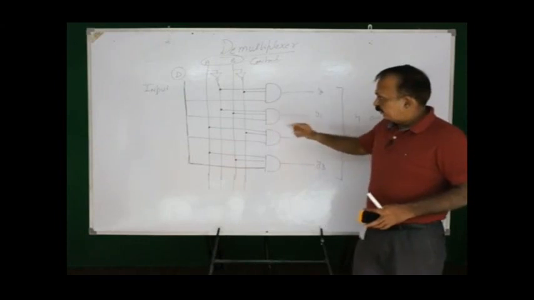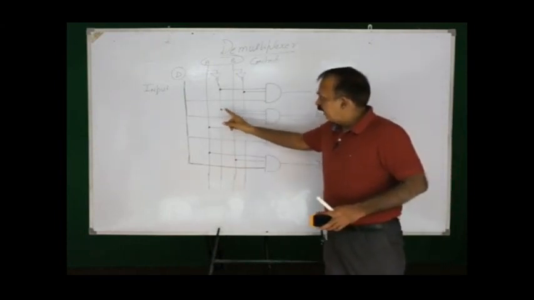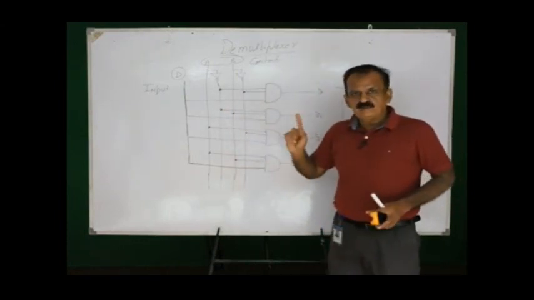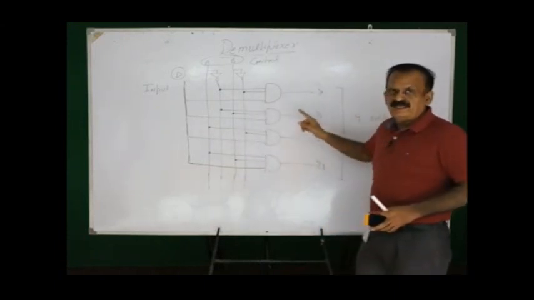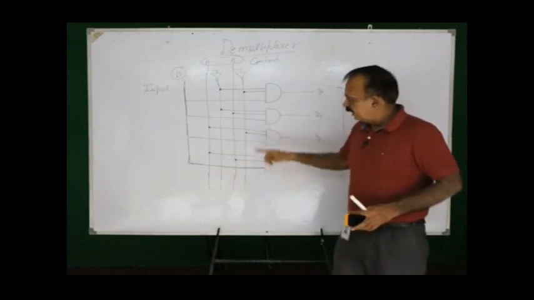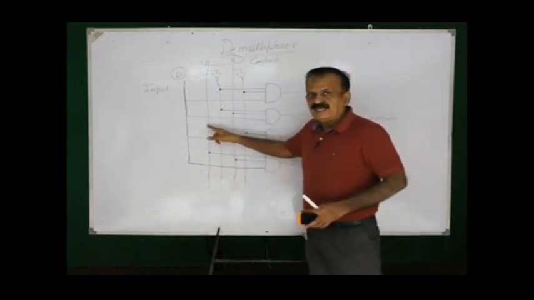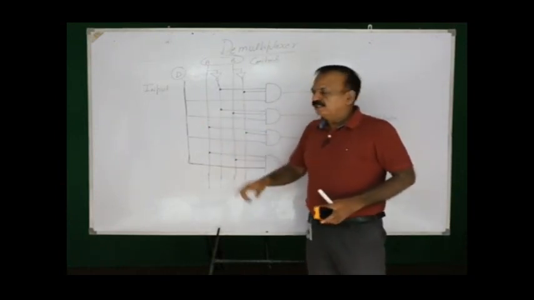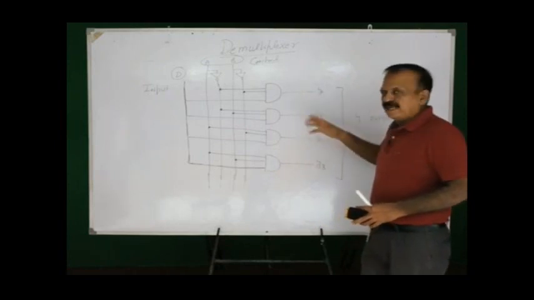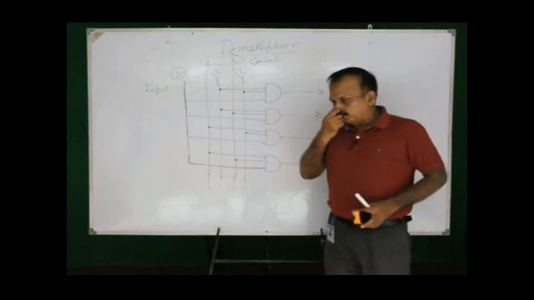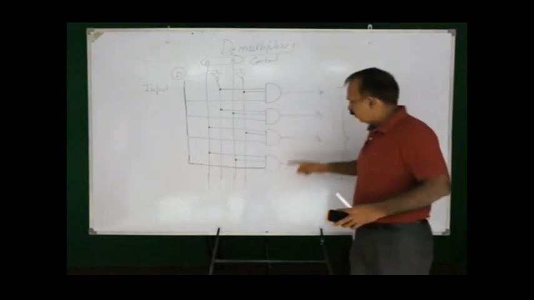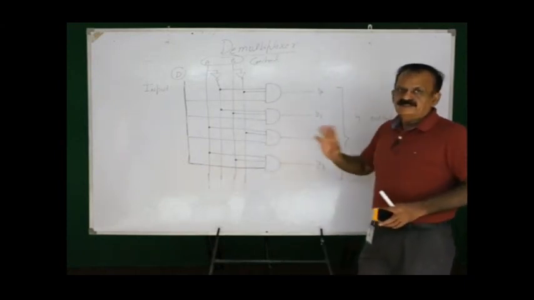Now the second one, it is A bar B. Now B value is 0. Since B value is 0, this Y1 has to be 0. In this case it is connected with A and A value is 0, so this output again has to be 0, and here it is 0 and 0. Now 2 input values are 0, the output is positively going to be 0.